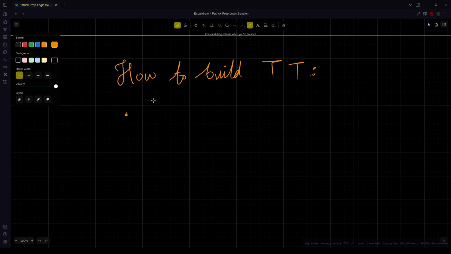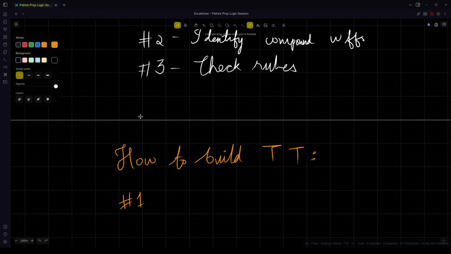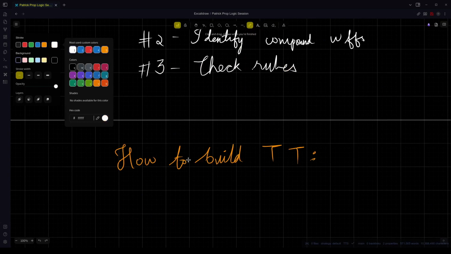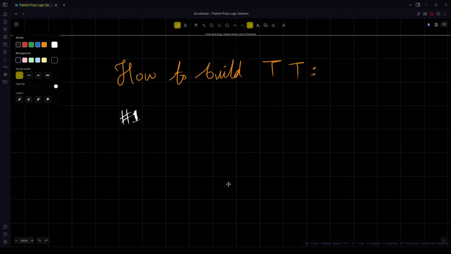So the first step will be let me just write it like this. Wait, let me check. No, I used white last time. Yeah. Okay. The first step is